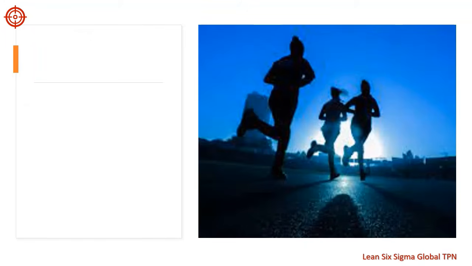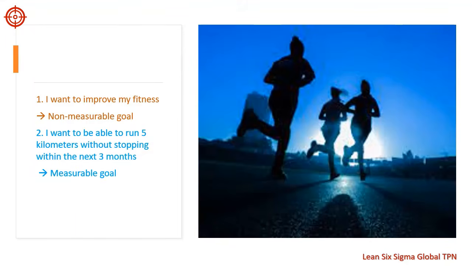Okay, so here's an example of a measurable goal for improving fitness. Number one, I want to improve my fitness. So this is a non-measurable goal, right? And number two, I want to be able to run 5 kilometers without stopping within 3 months. So this is the measurable goal. It specifies a specific distance to be covered without stopping and a time frame within